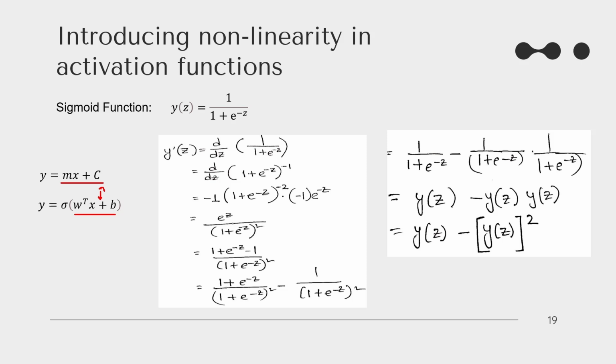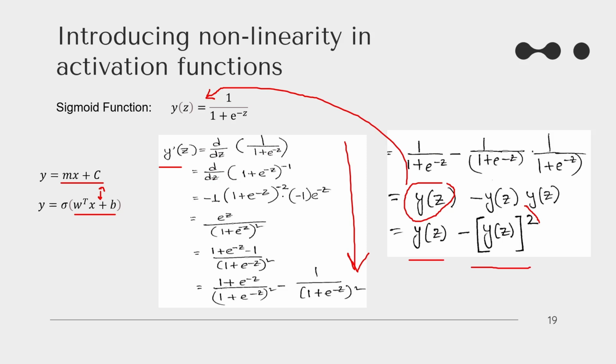A sigmoid function is equal to 1 by 1 plus e to the power minus z. If we find the first derivative of it, we will see that after many steps of calculations, we find the same function that we started with. But how does the linearity disappear? We see that we have another element, which is a polynomial term. This polynomial term helps eliminate the linearity in the function and introduces non-linearity in this, which helps solve many other